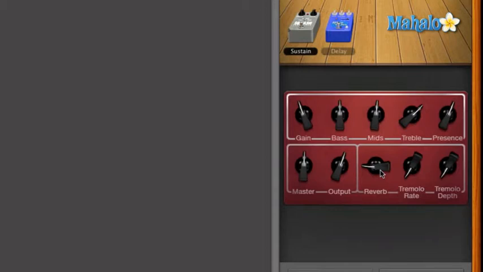Now let's say we wanted more bass to this, more of a fuller sound since we have no bass guitar. Let's go ahead and raise that bass up. Let's do a little bit more. Exaggerate a little bit. Let's take away some of the mids and raise up the treble. And that gives us like